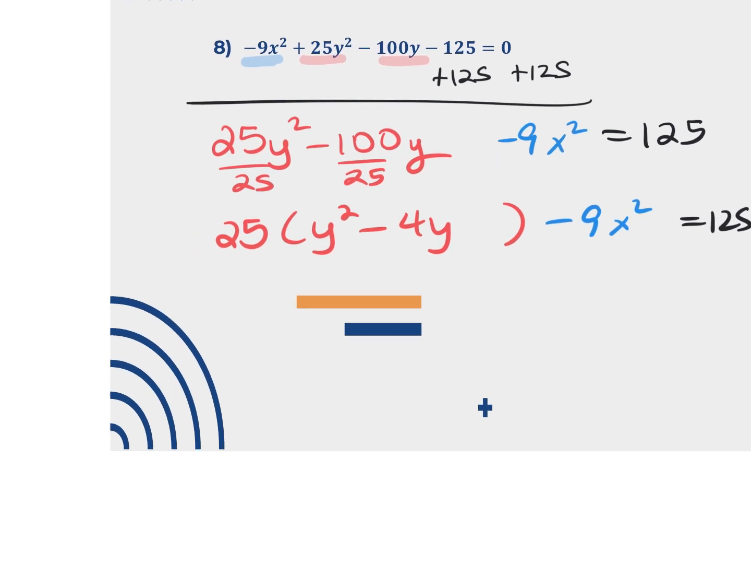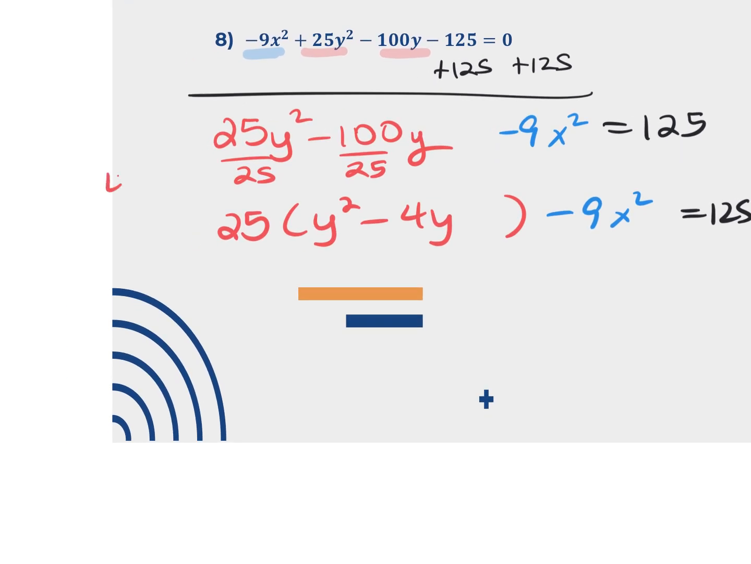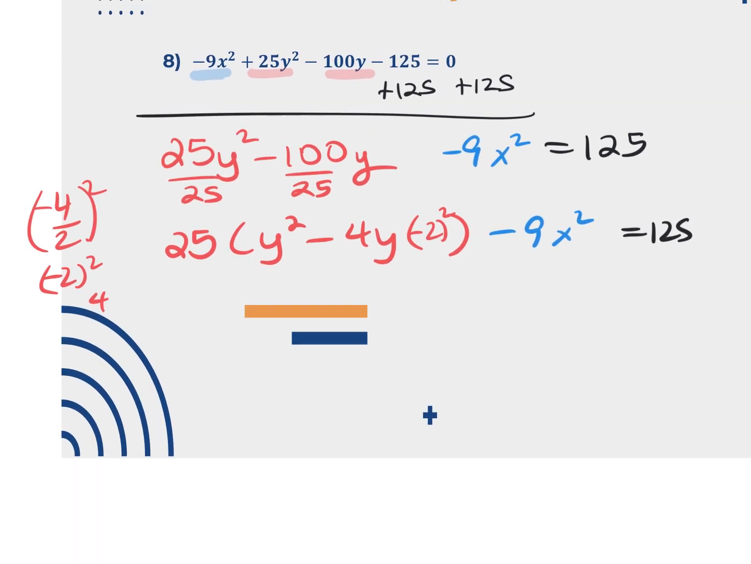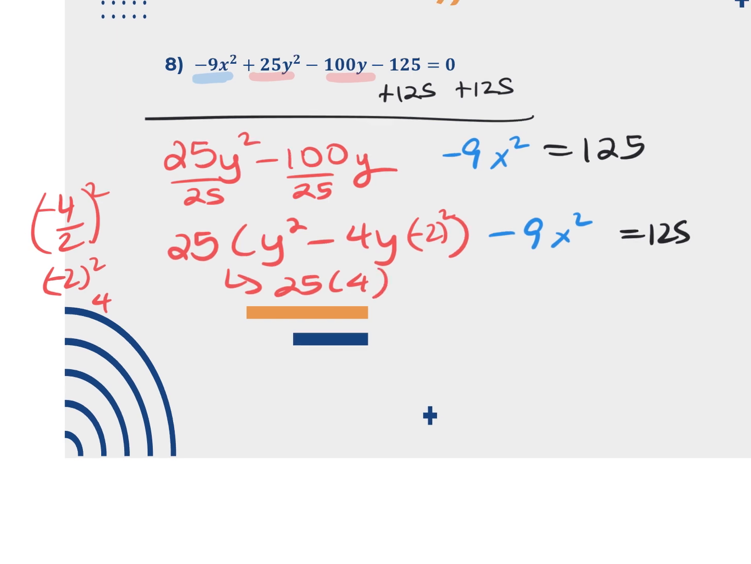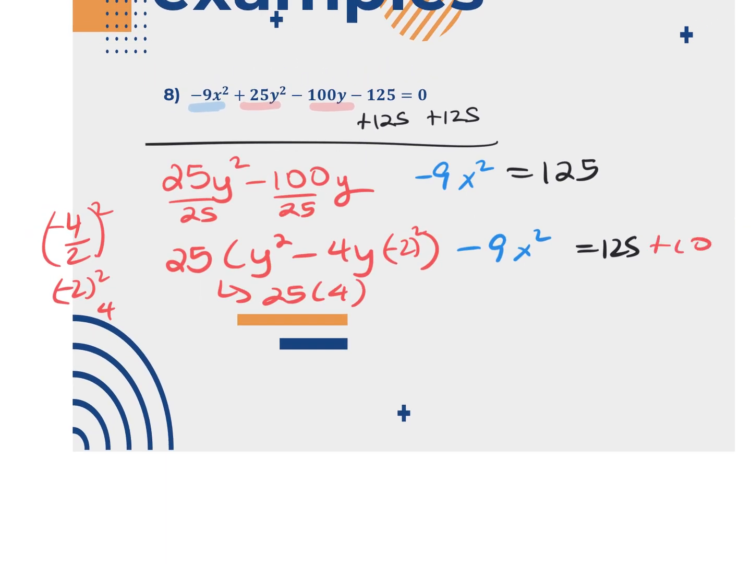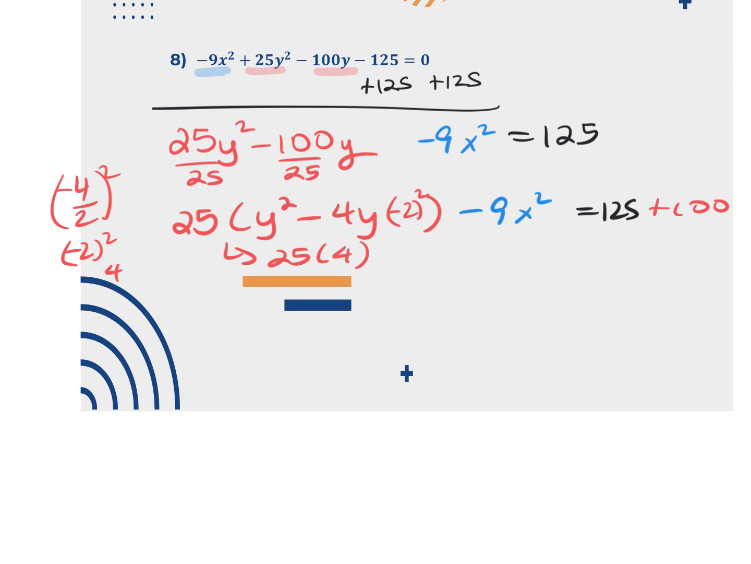Next, I need to take that b term of the red, divide it by 2, and square it. Negative 2 squared is positive 4. So then now, I'm going to put in here the negative 2 squared. And then over here, 25 times 4. So I'm going to be adding 100. So I'm going to factor the red,